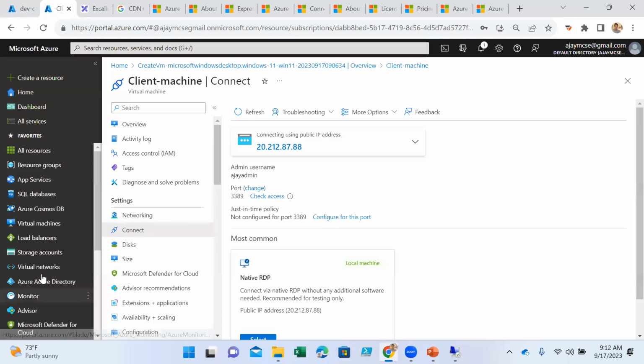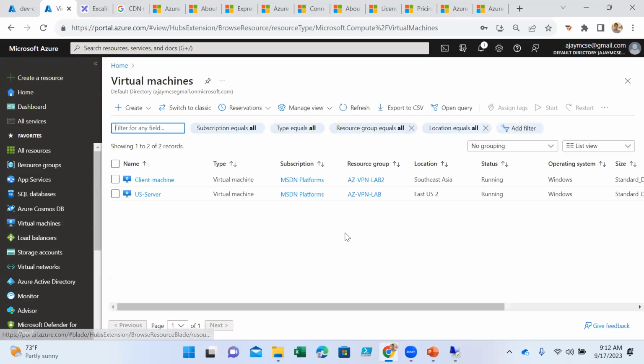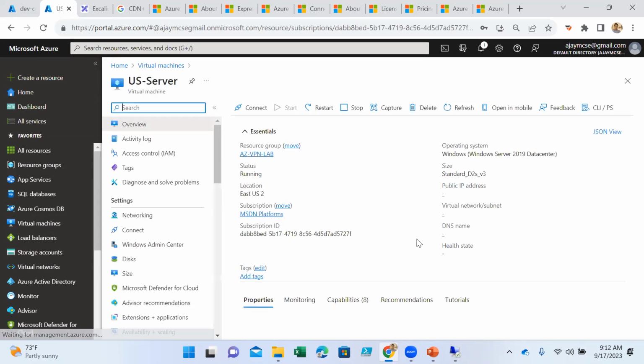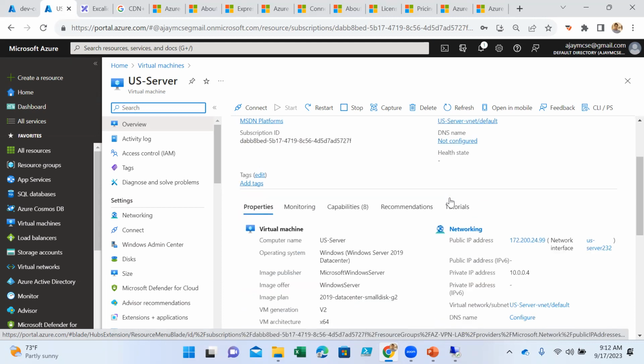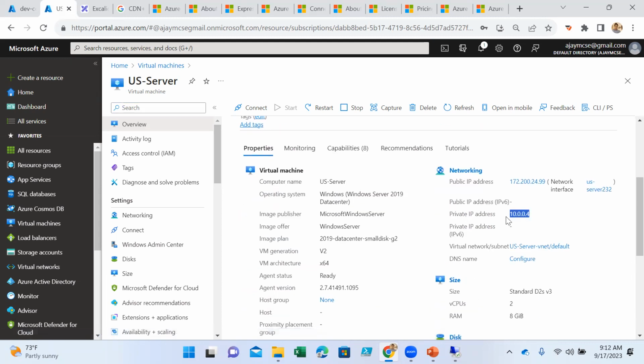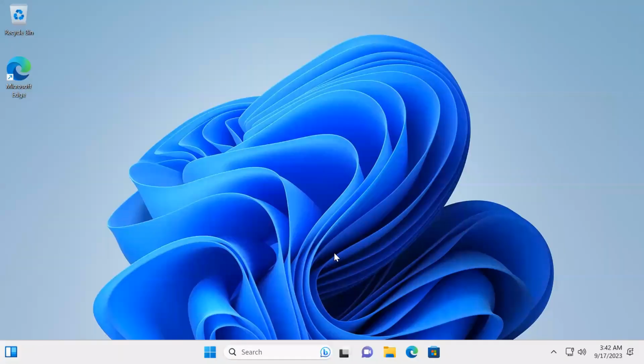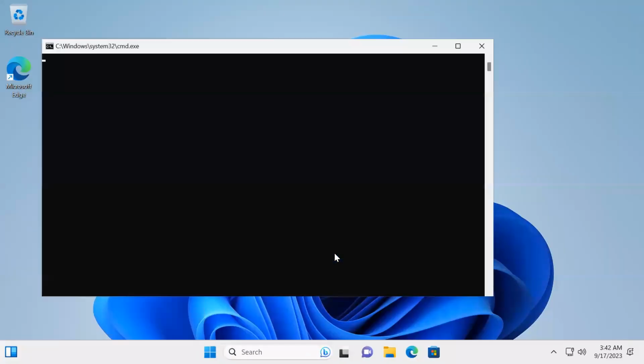My virtual machine, which is in the US East 2 West 2. If I try to connect, I'm not bothering about the public IP, which I do not want. I have to connect to this virtual machine on this private IP, right? So if I ping here,